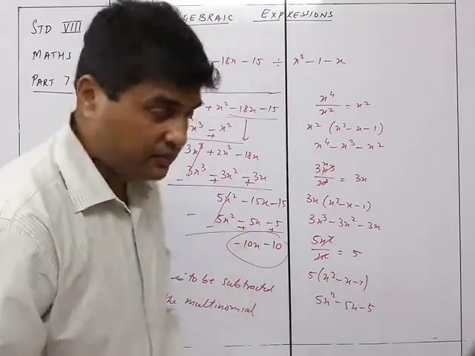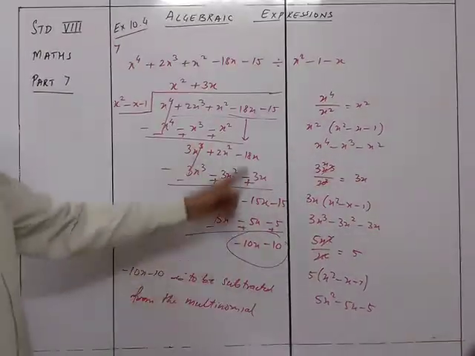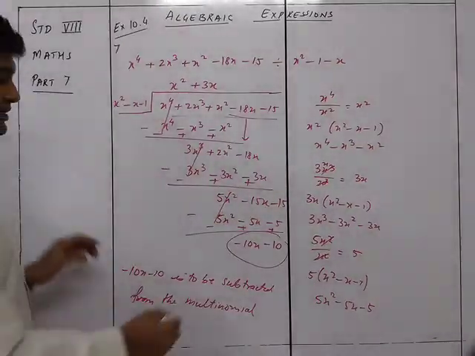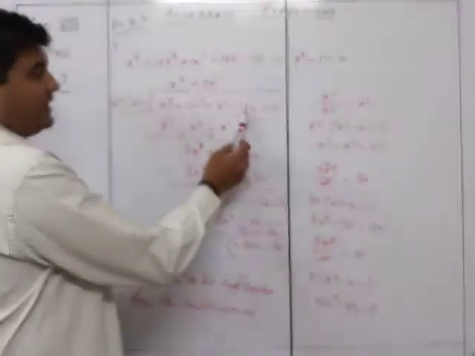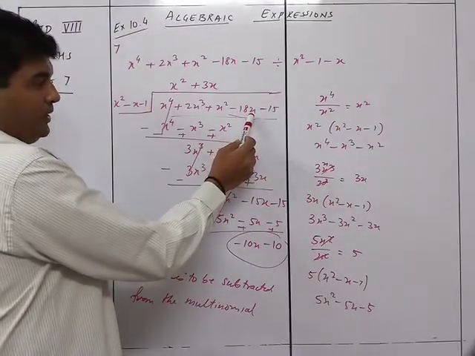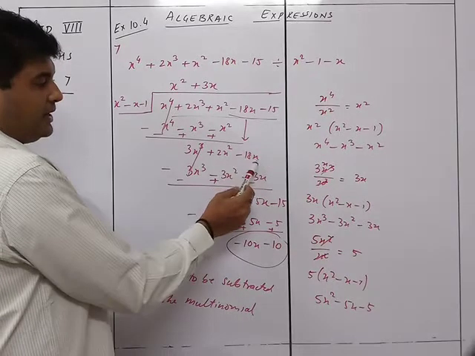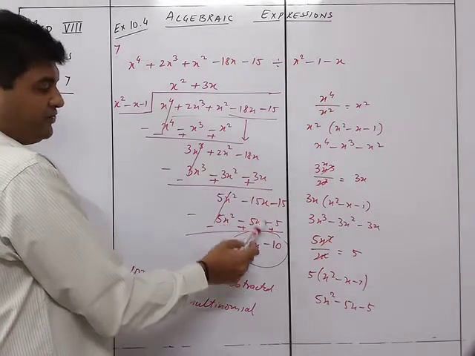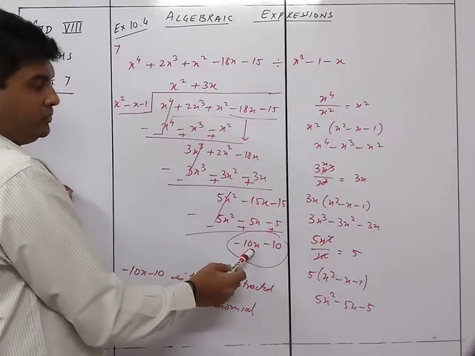Minus 10x minus 10. Okay, so we are going to subtract this from this, then it will become a remainder 0, because the moment I make it a minus 10x, over here I will get 8, and then over here what will I get? It will be 5. If this is 5, this will be 5 minus 5, 0.